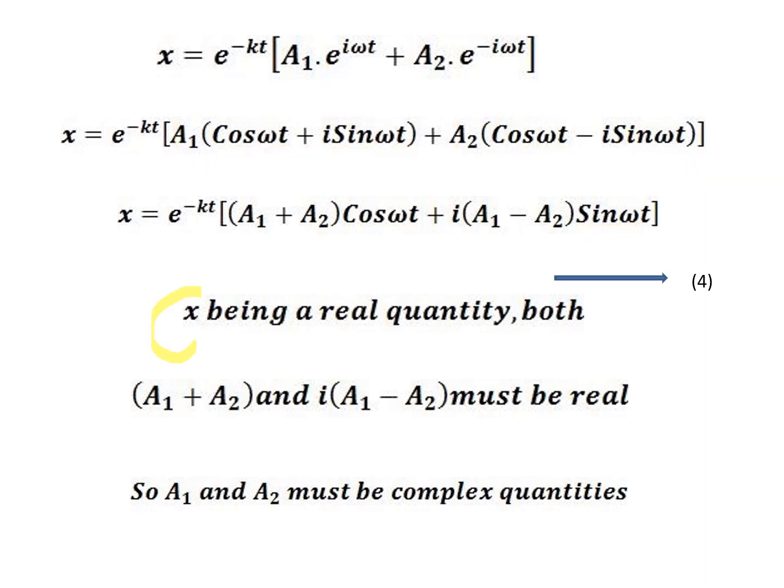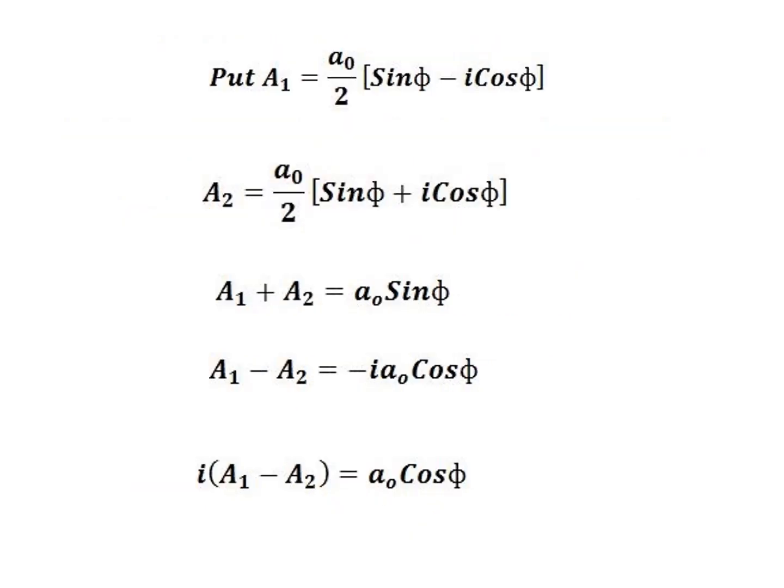Here, since x is a real quantity, both these terms on the right hand side should also be real. That implies that a1 plus a2 should be real. Also, i into a1 minus a2 should also be real. For that, a1 and a2 must be complex quantities. So here we have represented a1 and a2 as two complex quantities. Here a1 is A0 by 2 into sine phi minus i cos phi, and